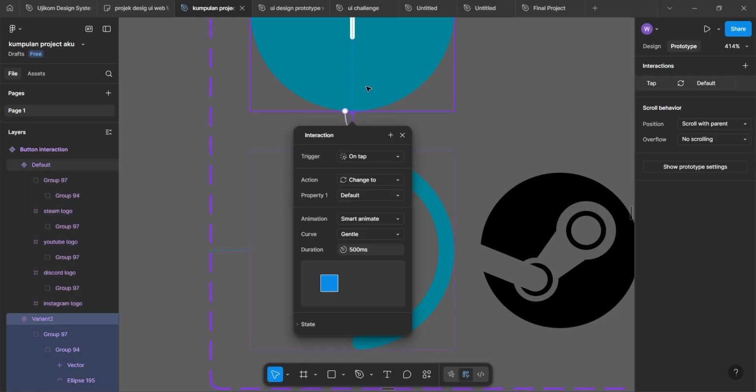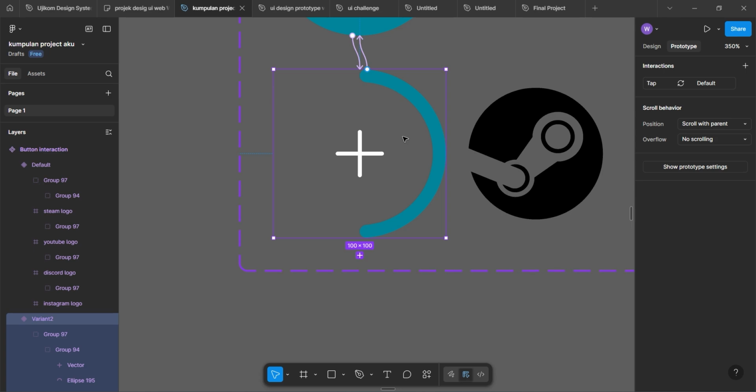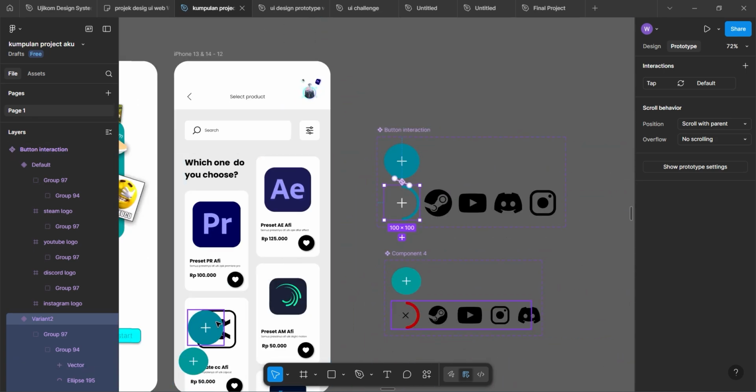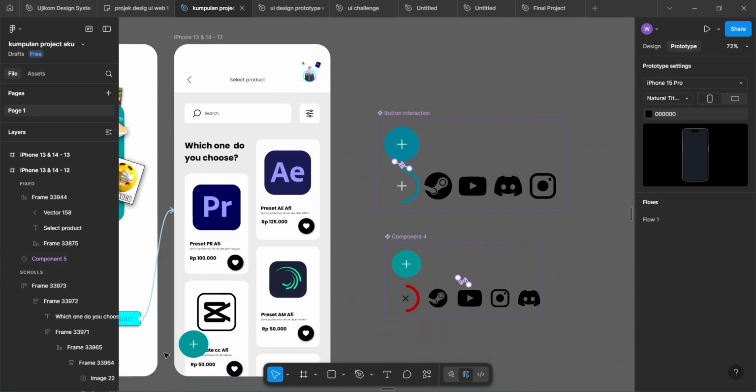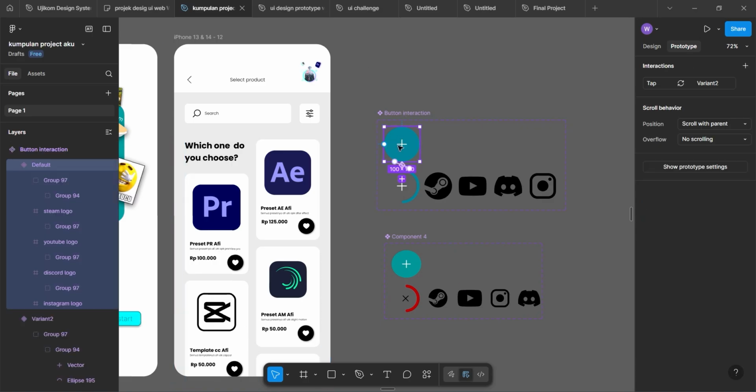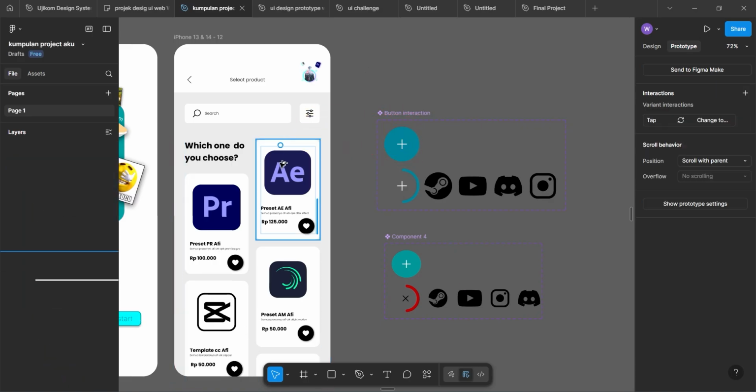Then wrapping up. And that's it. We have just finished building a complete interactive prototype in Figma, from linking pages, settings, animation to creating advanced interactions like expanding buttons. If you made it this far, congratulations.